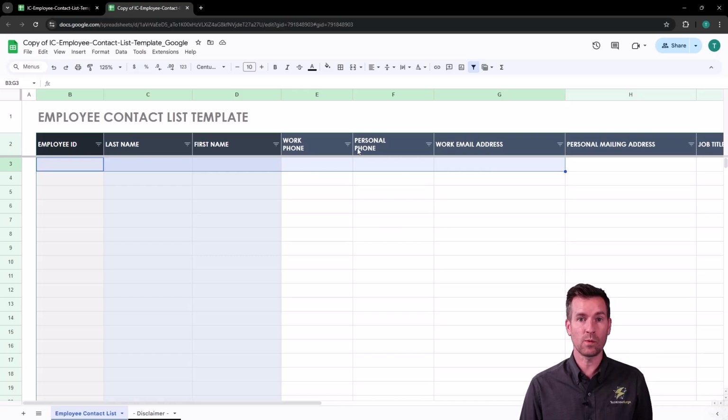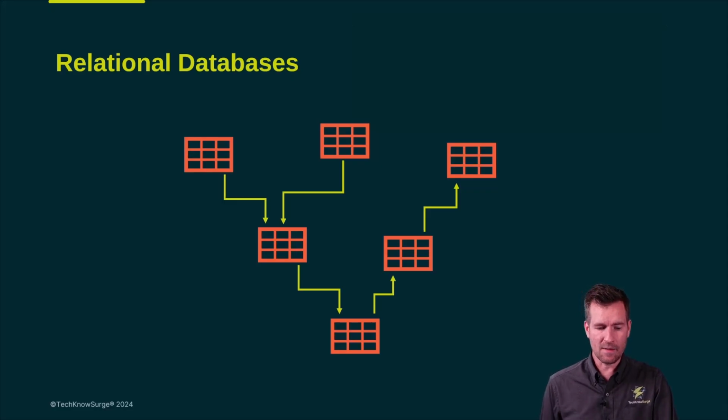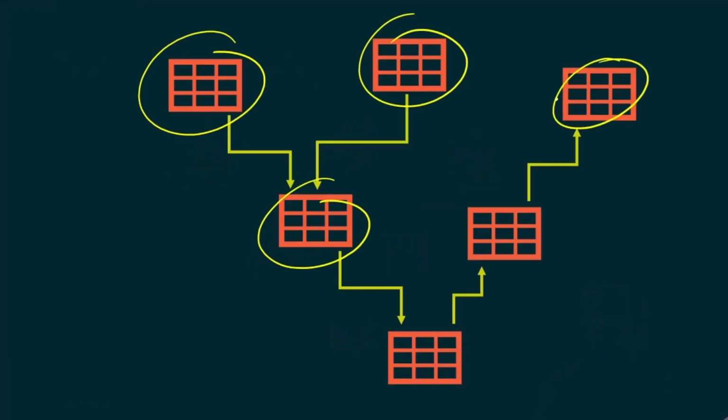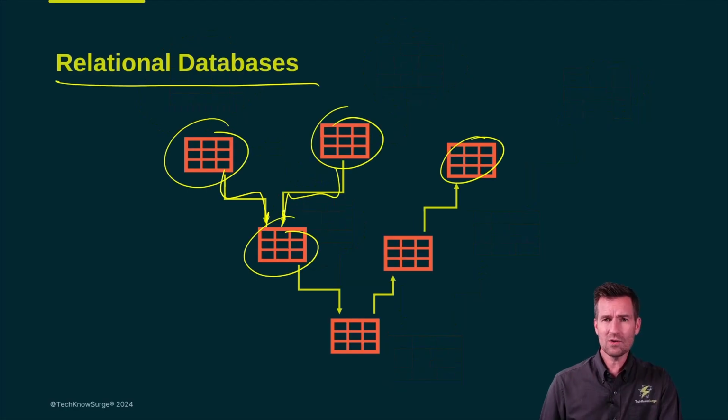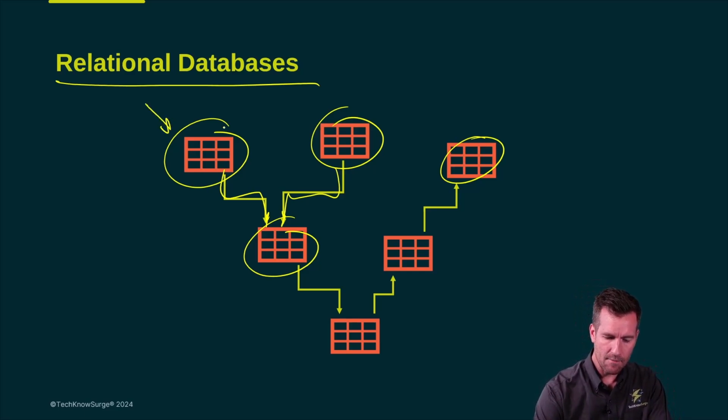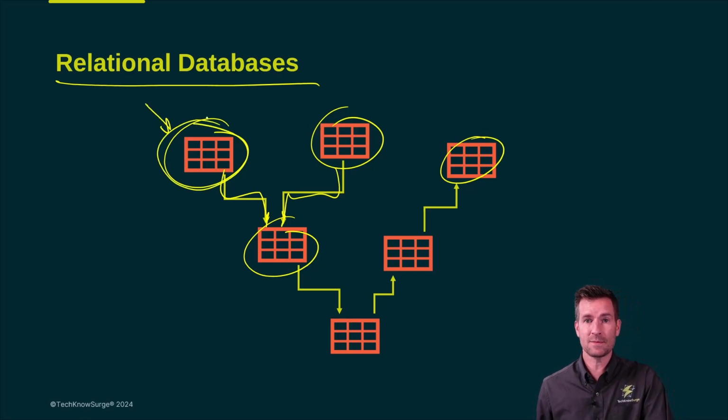So an employee would be a record. One type of database is called a relational database. That means that you have all of these different tables, but there's information within these tables that relate to each other. We use this for things like transactions, where you would have an employee, or perhaps